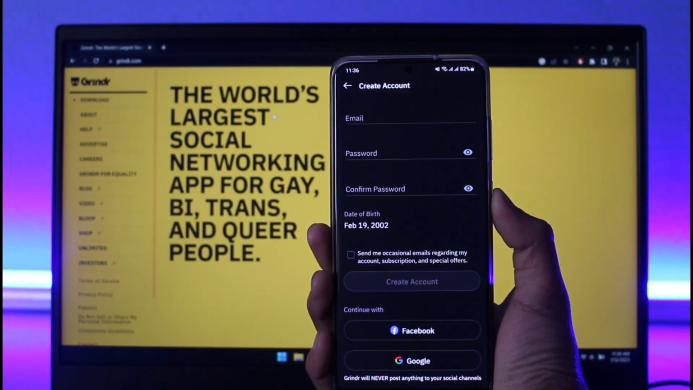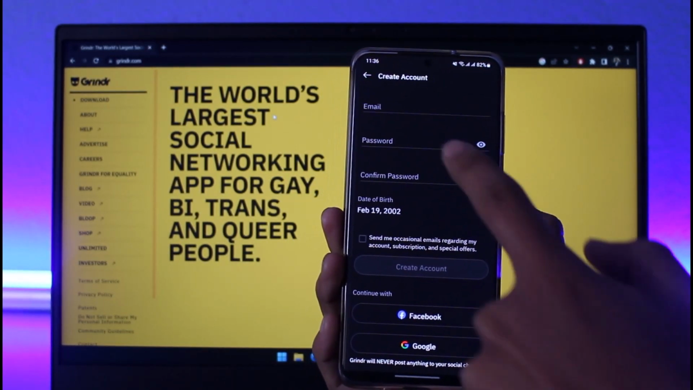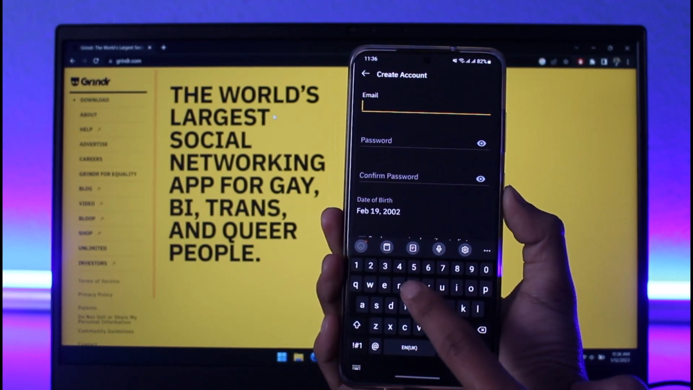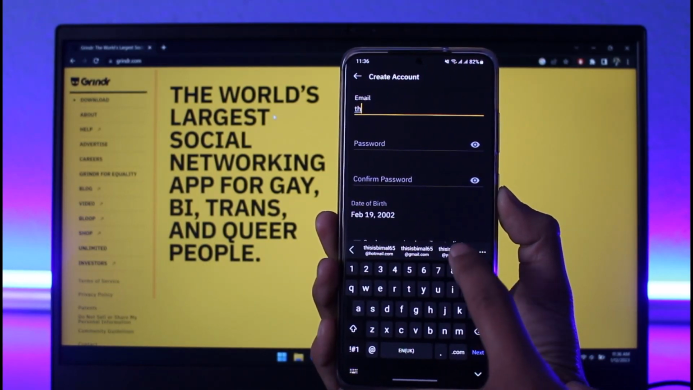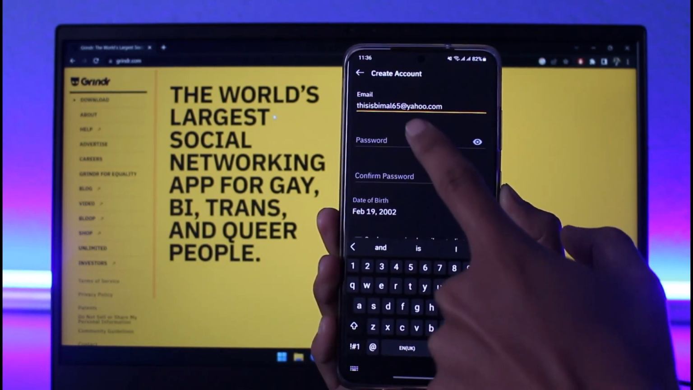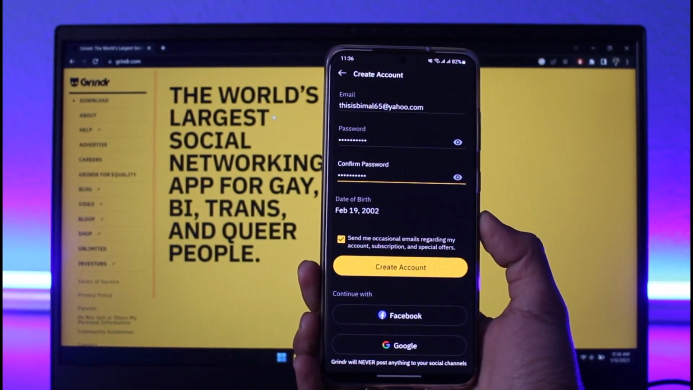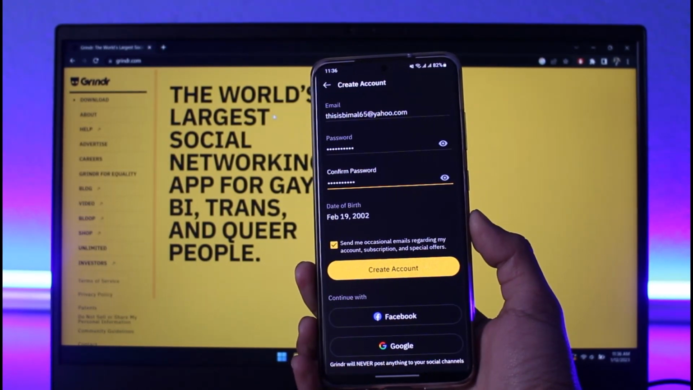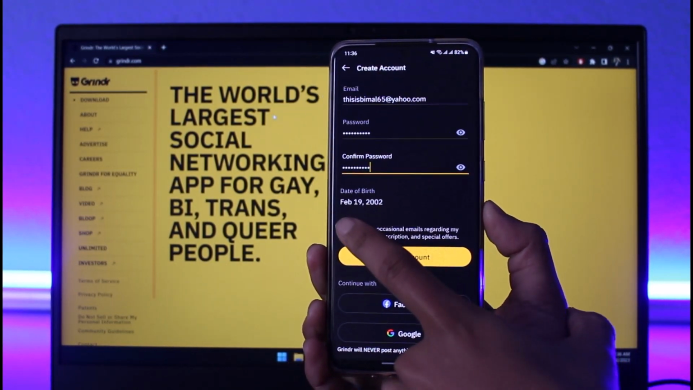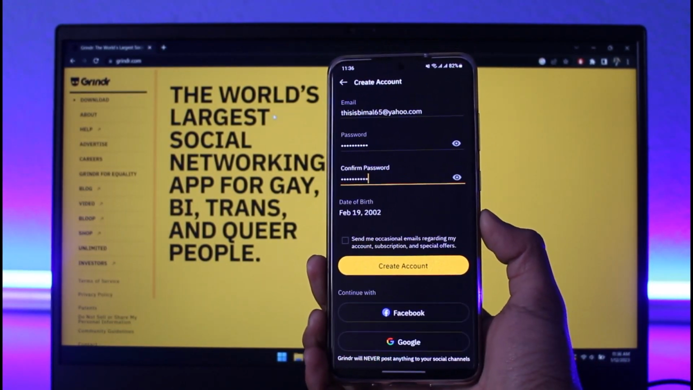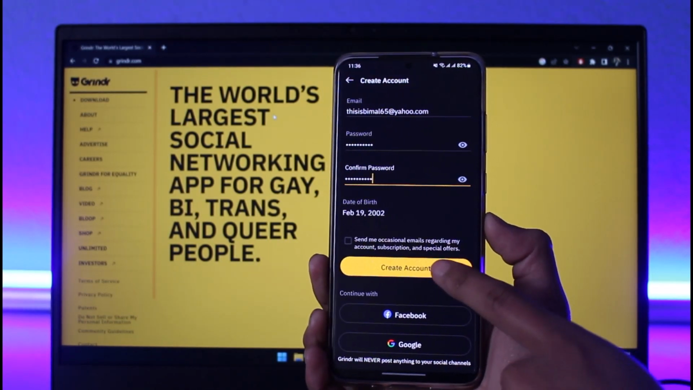The next step is to simply choose an email and then create a password. So let me also go ahead and simply enter an email address that I want to use, and as I enter the email address, I'll also go ahead and choose a password for myself. And once I have entered my email address and the password that I want to use, all you have to do is agree to terms and conditions. If you want to receive emails, that's perfectly fine, or if not, I'll just click on the create account button